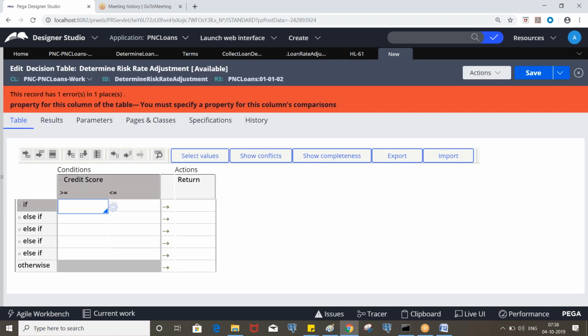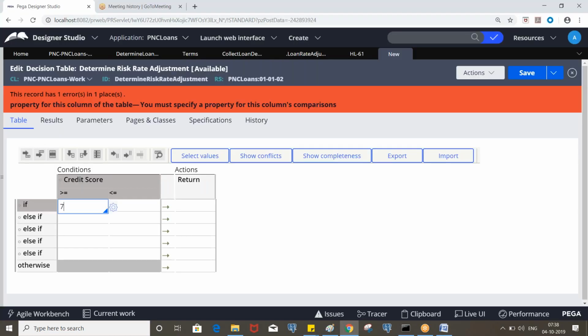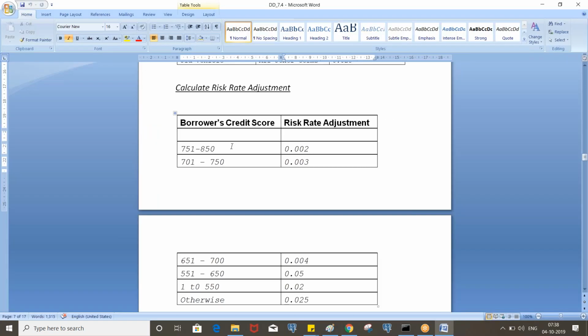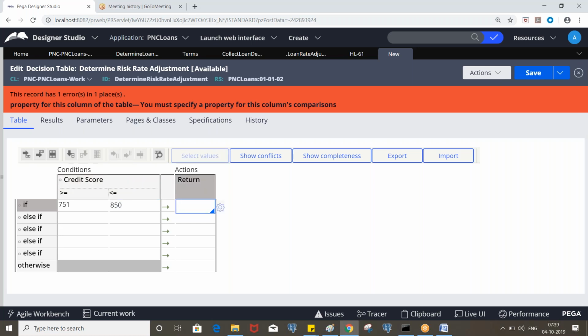So if the credit score is greater than or equivalent to 751 and less than or equivalent to 850, clear? So how much? 0.002. This is the return value. If this condition is satisfied, it will return this value and it will not go to further rows to evaluate.